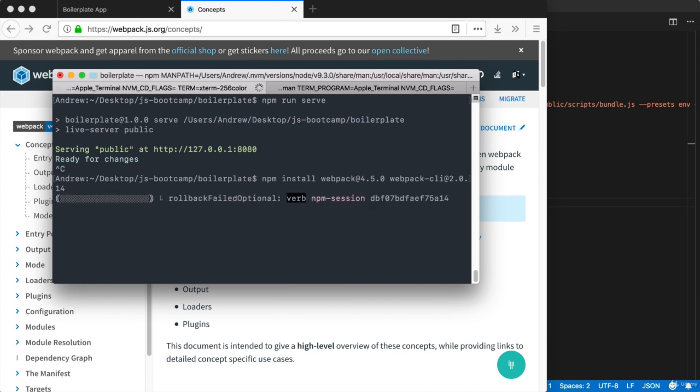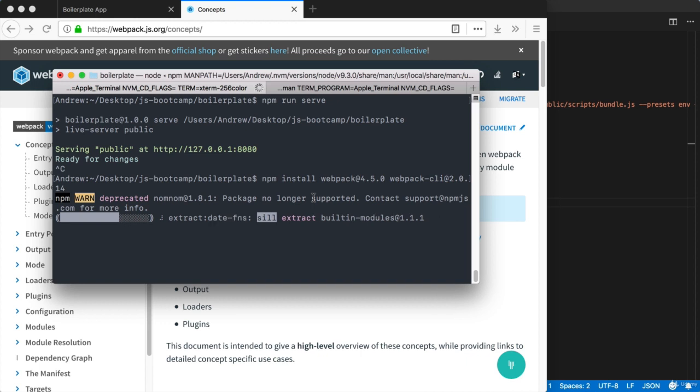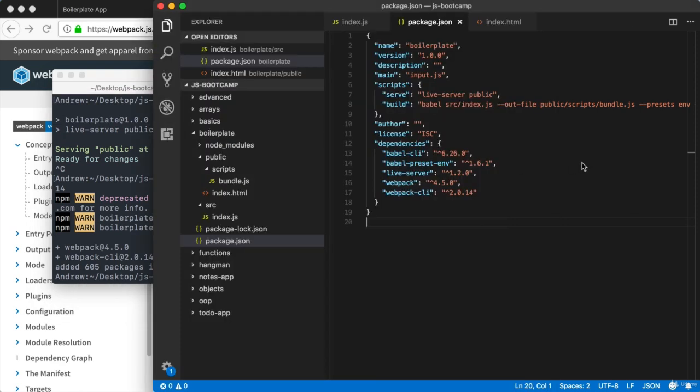Now we can go ahead and actually run the installation command. That's going to install both of them on our machine, and once we have them, we'll move into Visual Studio Code and start the configuration process. So like Babel, we have to tell Webpack where our code lives and where we want to save the generated code. We do this by actually creating a separate configuration file. So right here, Webpack did indeed seem to install successfully. We're going to go ahead and move over to Visual Studio Code, and we're going to create the configuration file